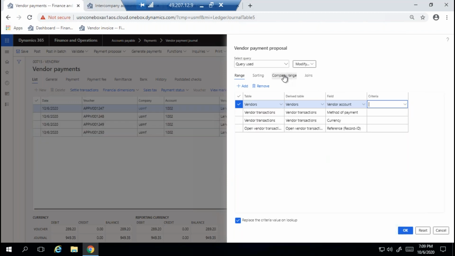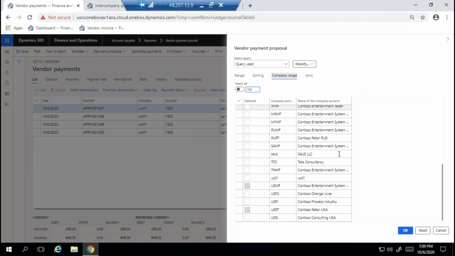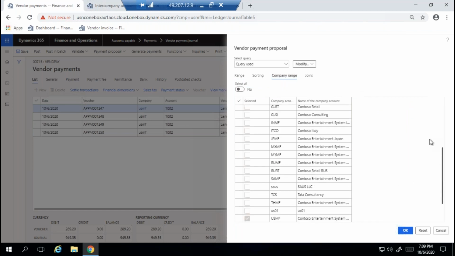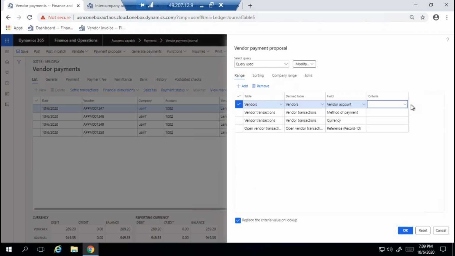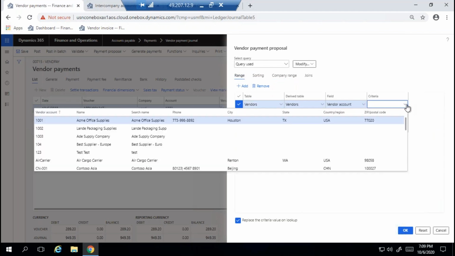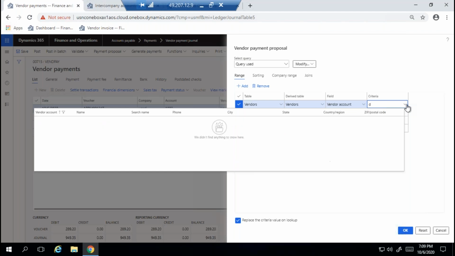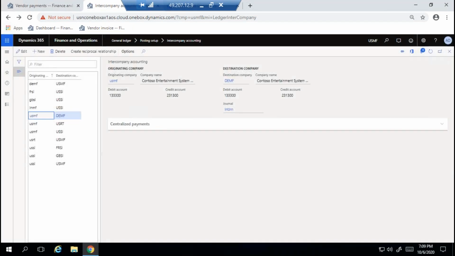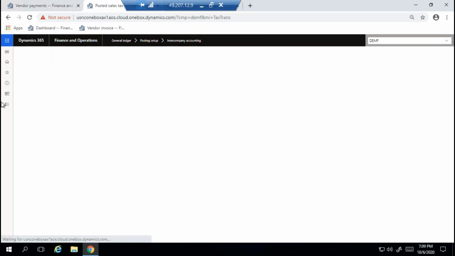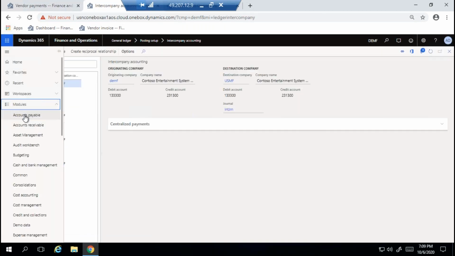Give me 1 second. What vendors are available in this company? I will verify. Let me go to this DEMF company. What are the vendor codes? Let me verify. Give me 1 second. In DEMF company, what vendors are available?